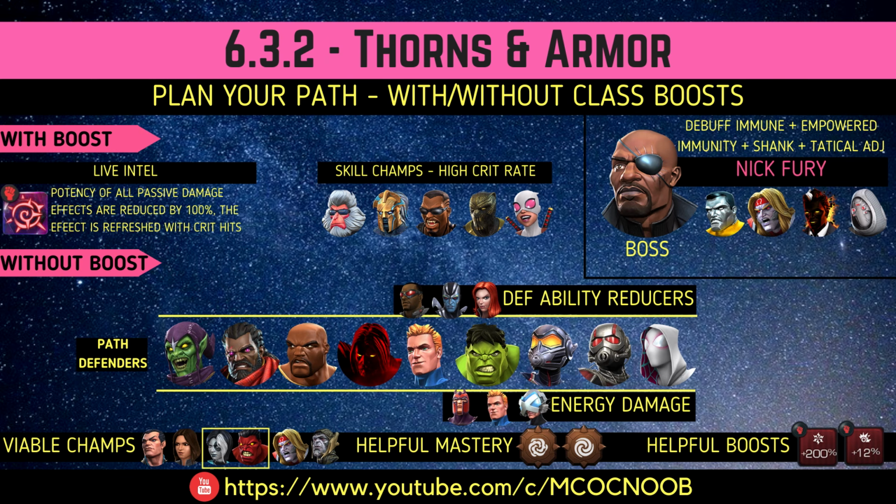So today we have two ways we can do this path. We can do them with the boost. We are using high crit rate champions like Blade, Hit Monkey, Aegon, Gwen or Killmonger. And you can use the 6.3 boost called Live Intel, that is specific to skill champions, that gives you protection against any passive damage that you're going to receive, and it refreshes every time you use a critical